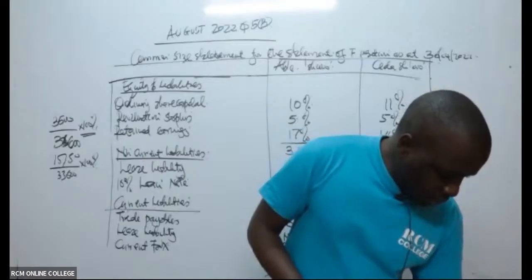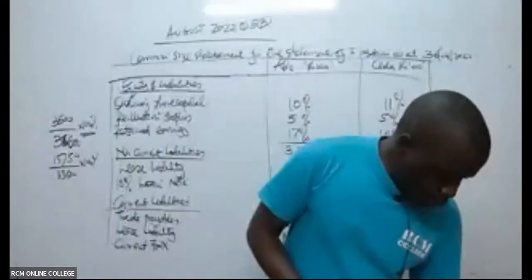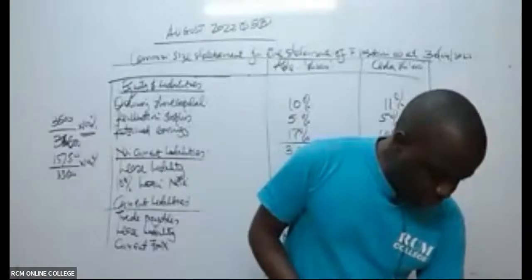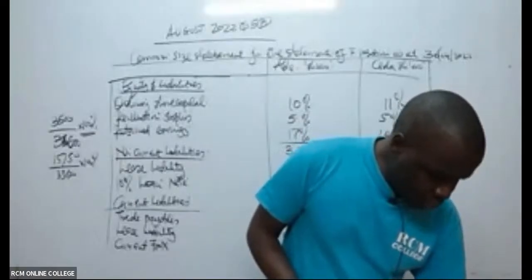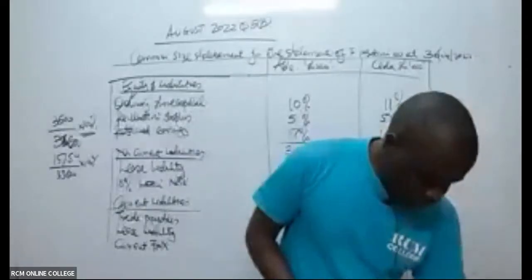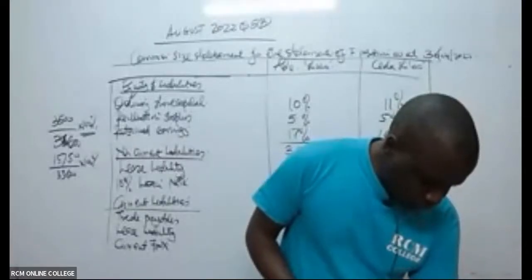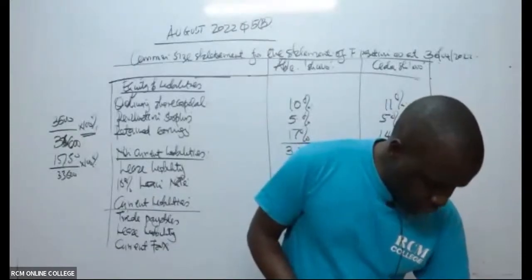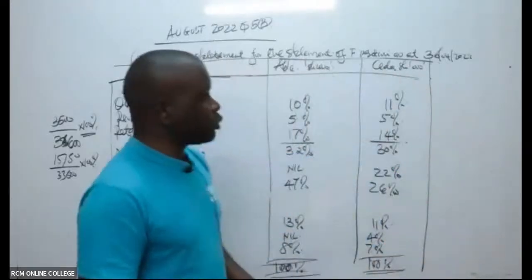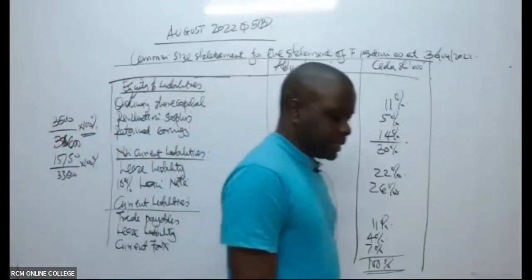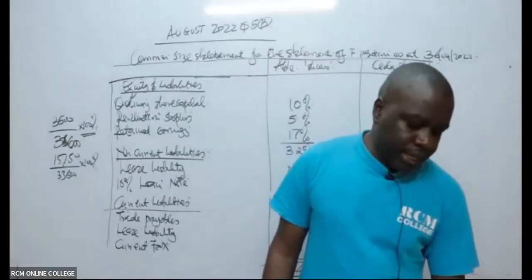So of course, that is how you would have been able to do Roman 1 and Roman 2. Roman 3 in this case wanted you to advise the directors of Dragon Limited on the best company to take over. So if you look at the common size statement we've prepared with regard to the profit statement, then you realize